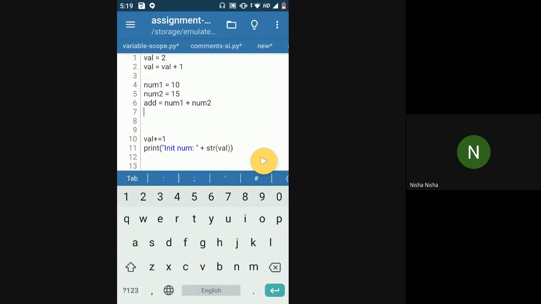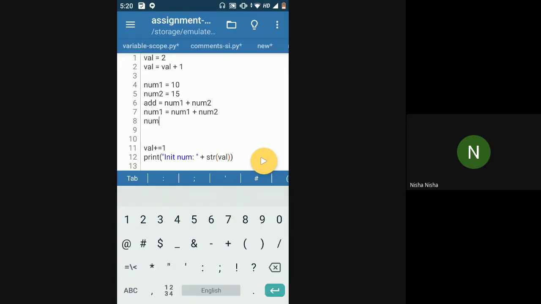But if I want to store this num1 plus num2 inside the num1 variable itself, then I'll write num1 is equal to num1 plus num2, right? So this is one way of putting it. You add whatever value is present inside the num1 variable to the value present inside the num2 variable, and whatever result you get, you put inside the num1 variable only. And a simplified version of this would be num1 plus is equal to num2.